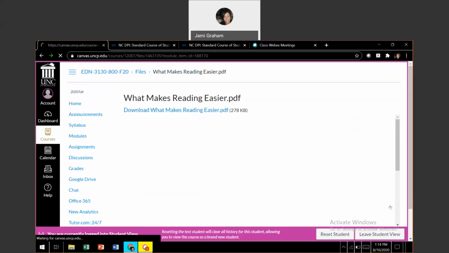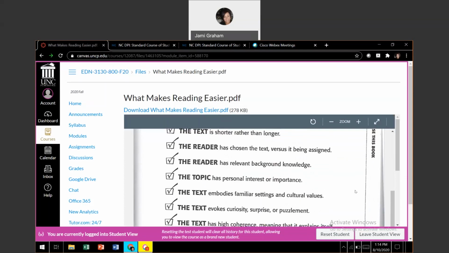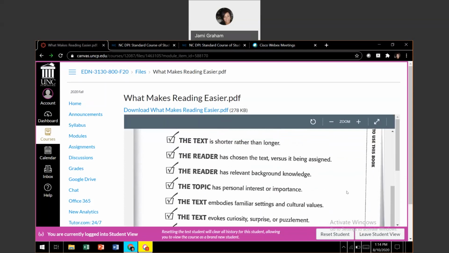All right, then here's another one that helps support a little bit of your understanding or possible misunderstandings about the kind of text that we provide students and what makes reading easier for them. And I'll give you an example. One of the items on here is that the text is shorter rather than longer. Well, that doesn't mean we select a small amount of reading for them every time, but maybe as we're planning a lesson or we're sketching out a lesson design, if we know the text is going to be very complex,